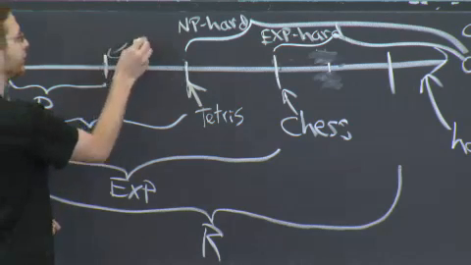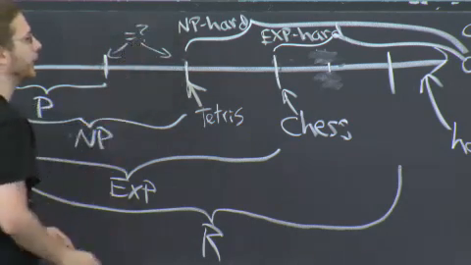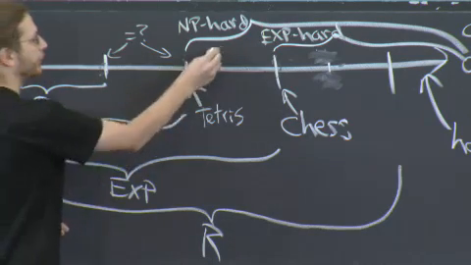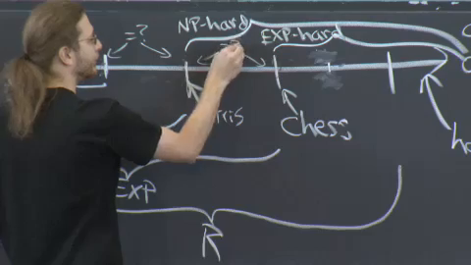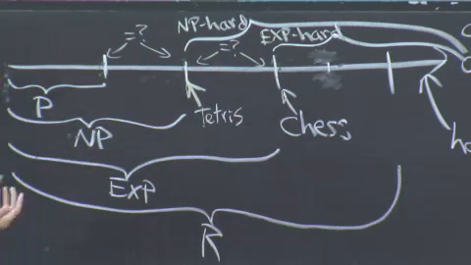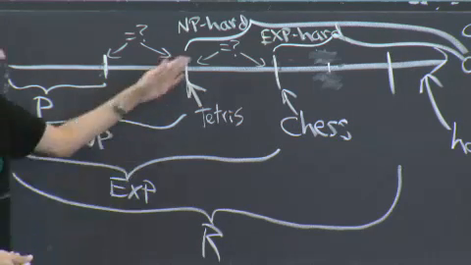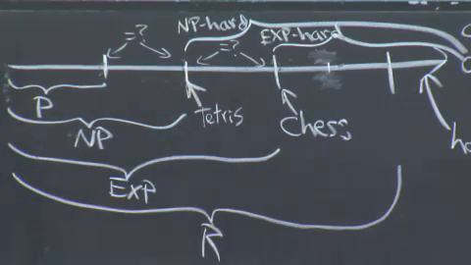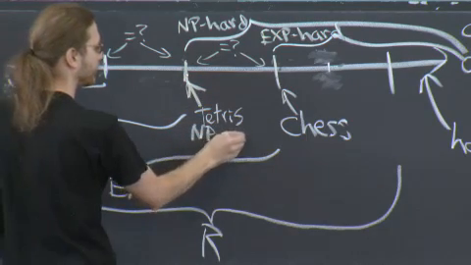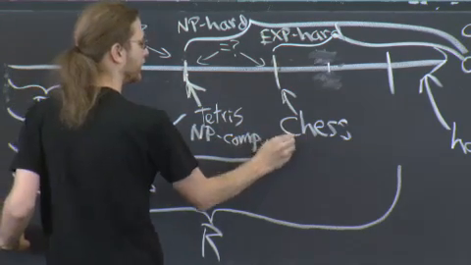So whereas this one, these two, we're not sure, are they equal? This line we know is different from this one. We don't know about these two, though. Does NP equal EXP? Not as famous. You won't get $1 million, but still a very big open question. All right, what else do I want to say? Chess is EXP complete. Right, so these lines here, this is NP complete, and this is EXP complete.